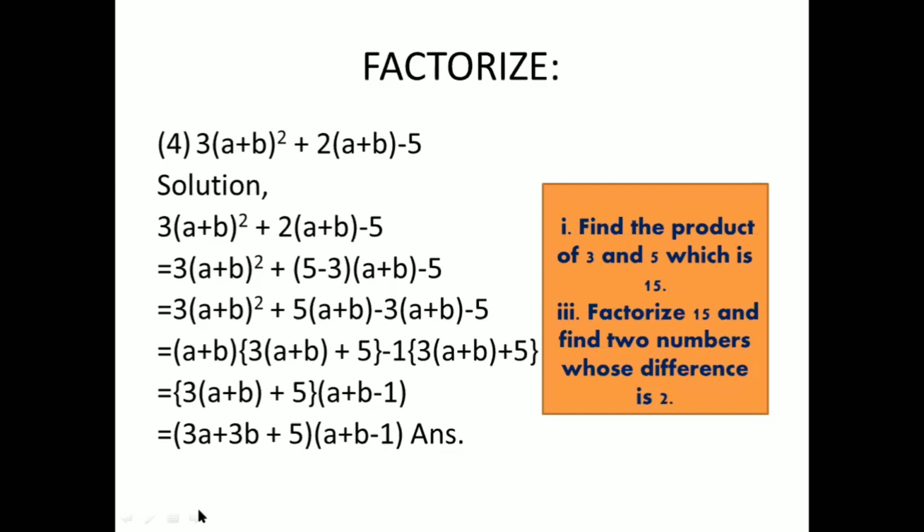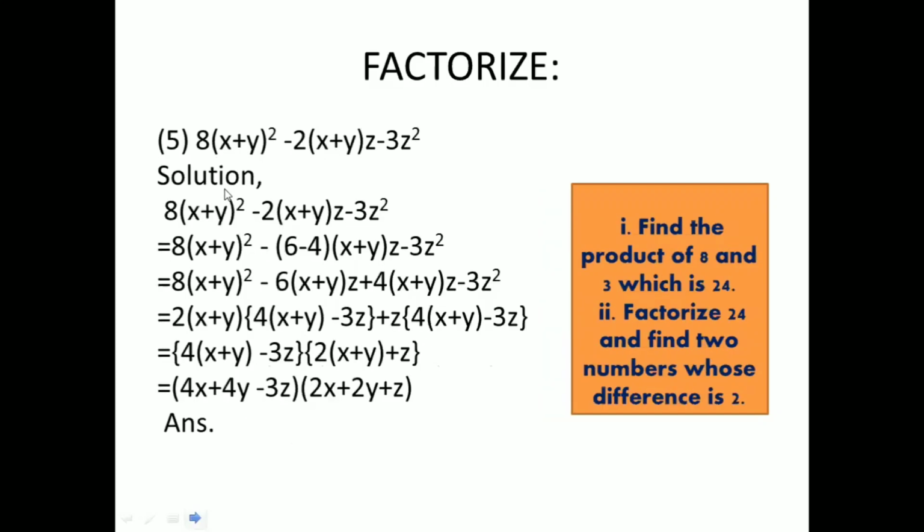Now let's move to the next example and next slide, which goes like this. Look, this is also similar to that. In this question, 8 into minus 3 multiplied will be minus 24, and that is minus. That's why we have to get this 2 by subtracting the two numbers. 6 minus 4 is 2, and 6 into minus 4 is minus 24. So 8 into minus 3 is minus 24, and 6 minus 4 is 2. Why did we take minus? Because a is 8, and c is minus 3. A into c is a negative number, so negative came. Then we have to find this 2 by subtracting.